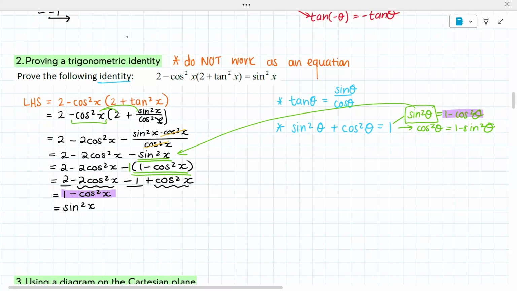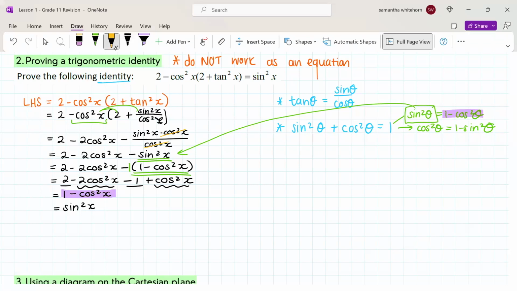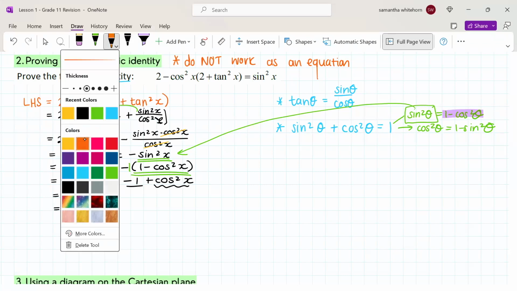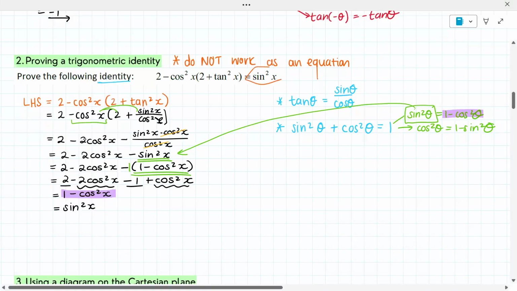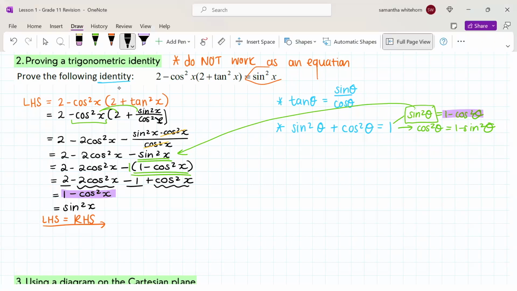Now remember, the whole point was to prove that the left is equal to the right. The left-hand side was sine squared x. So I've proven that the left is equal to the right-hand side. All right, just to show you what I mean,